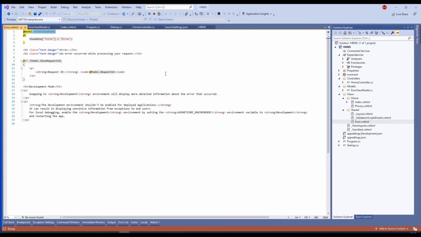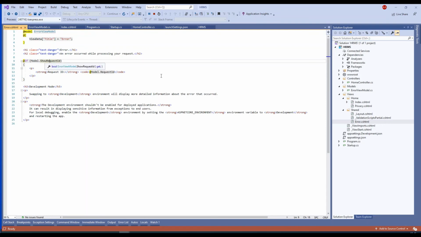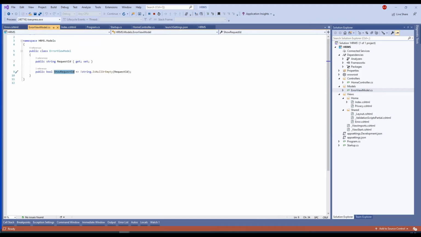And see here, model dot show request id. When you navigate, the request id is coming from here, and they do some conditioning, and after that they go inside and use the request id, right? So the models we have are going to be used in the views.